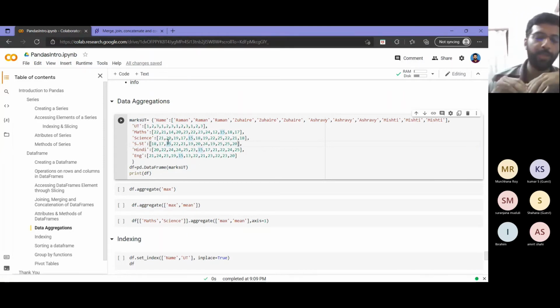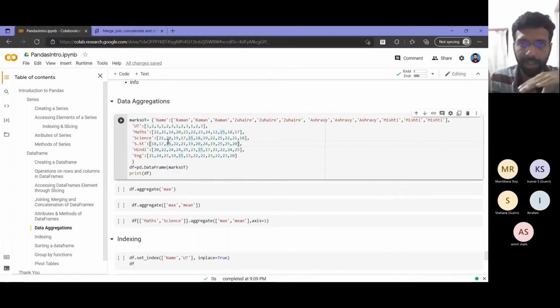If I don't pass it, axis will be 0 by default, or I can pass axis equal to 1. If you think of rows as axis equal to 0 and columns as axis equal to 1, then when I am trying to aggregate with axis equal to 0, I am aggregating over the rows, so finally I will get only one row as my output. And when I am doing it column wise, axis equal to 1, I am aggregating columns, so finally I will get only one column as the output. So this thing you always keep in mind.